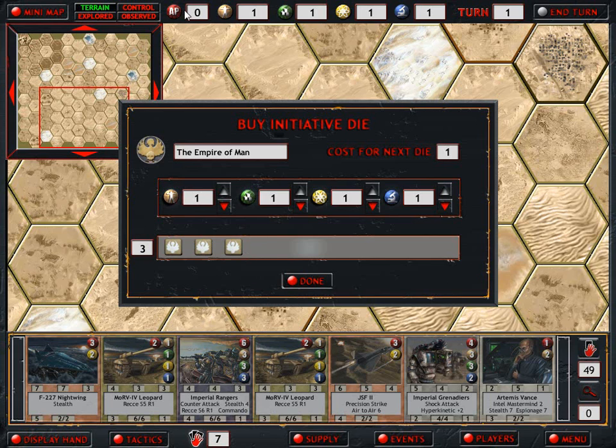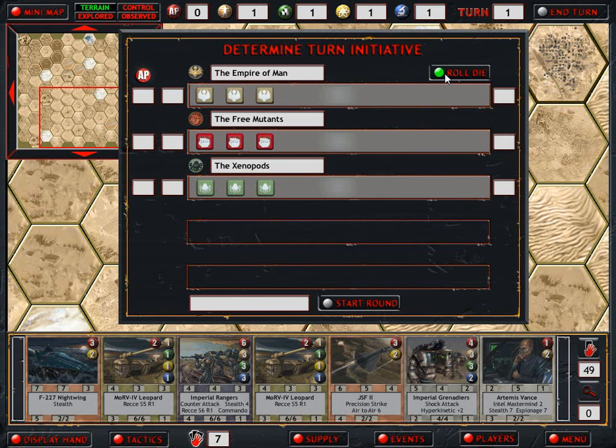Because when you go first, you get 12 AP. If you go third, you get 6. So it really, really screws you over. But since we need these resources, we cannot afford to buy any dice right now. So let's see how this goes. Okay, second, so we get 8. That's not so bad, but